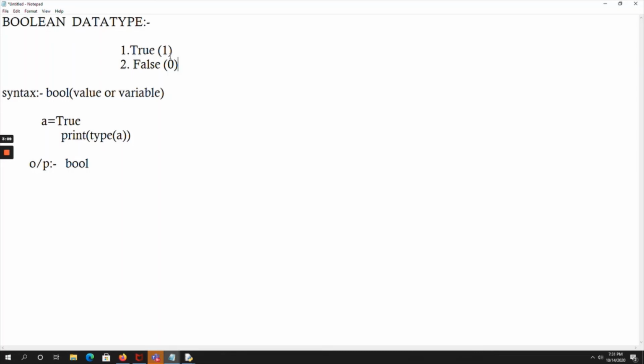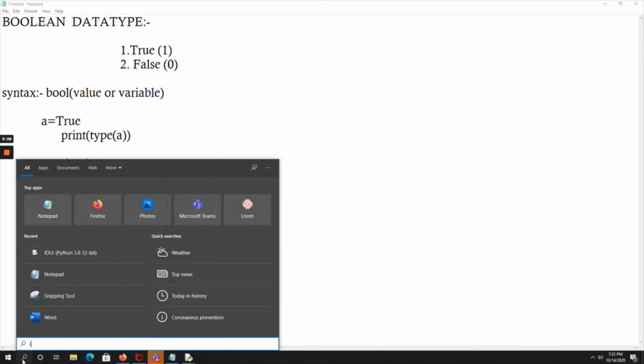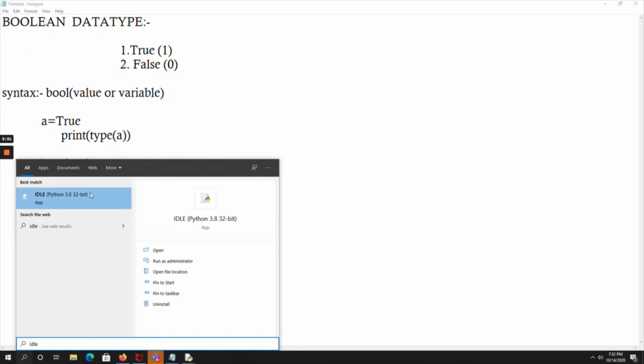So by using these two Boolean variables, we can also perform arithmetic operations between these Boolean values. Now let me show you a program on how to perform arithmetic operations using these Boolean values.